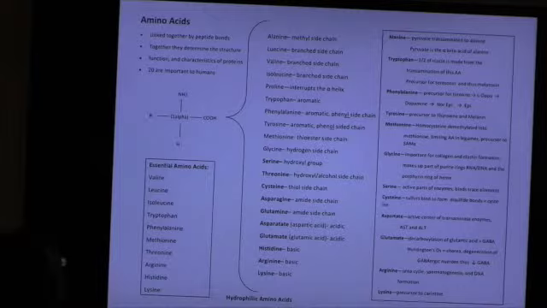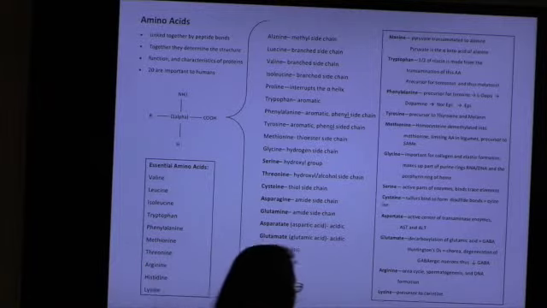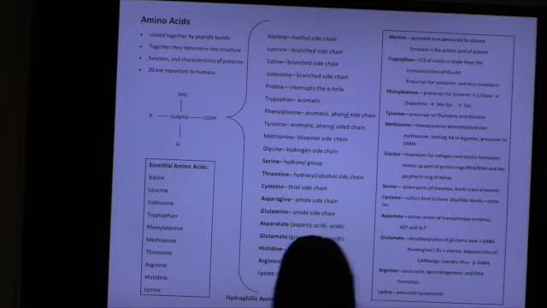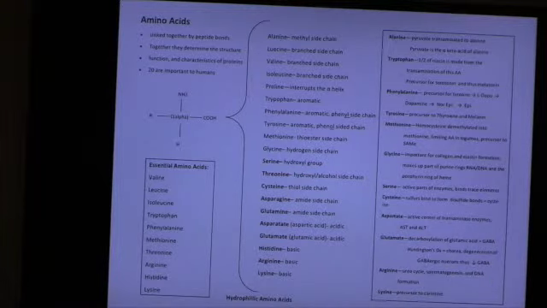We can convert glutamate to what? GABA. What is GABA though? It is an inhibitory neurotransmitter. So remember, you need to make sure you know glutamate is excitatory, GABA is inhibitory, but we can make GABA from glutamate, right? Okay, I put a little thing down there for you. You associate GABA with what disease? Huntington's. Make sure you know that.